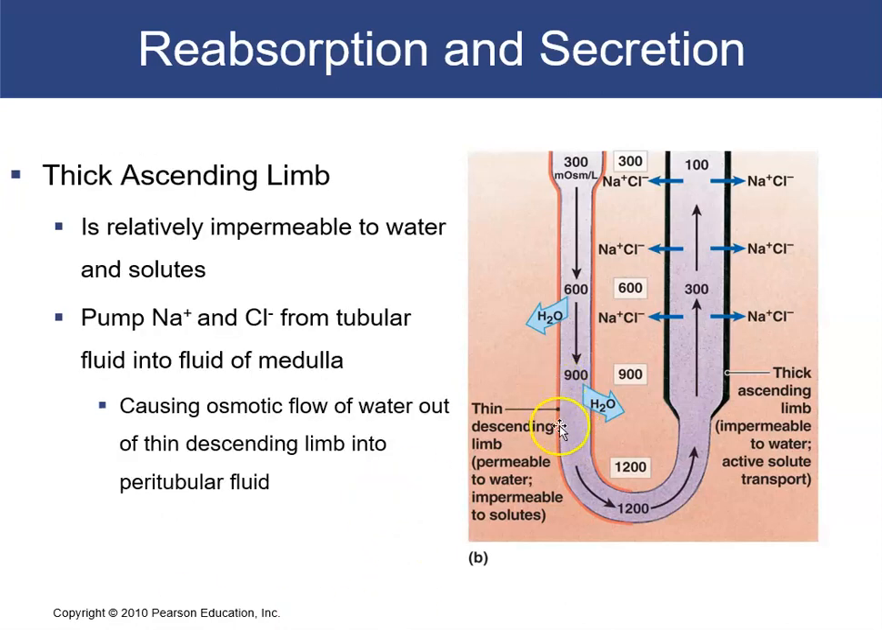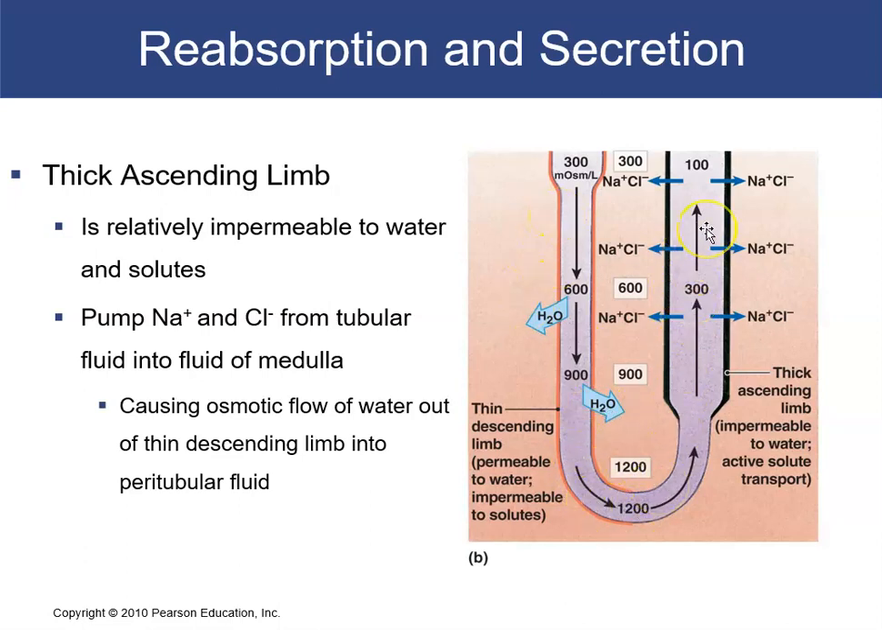Now we're going to go around the bottom here and start going up the ascending limb. This is different. The ascending limb is impermeable to water and solutes, but it will pump sodium and chloride from the tubular fluid into the tissues of the medulla. The ascending limb causes this osmotic pulling of the water out of the descending limb. This is what we mean by countercurrent. The opposite,